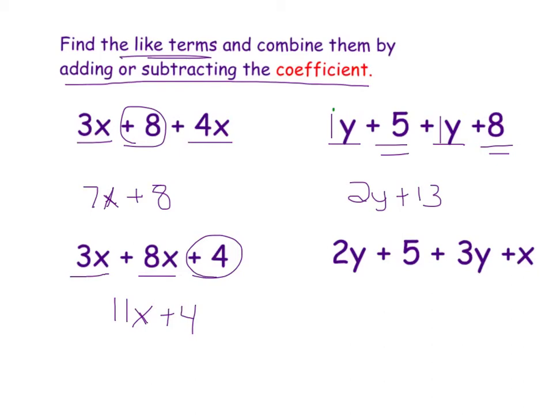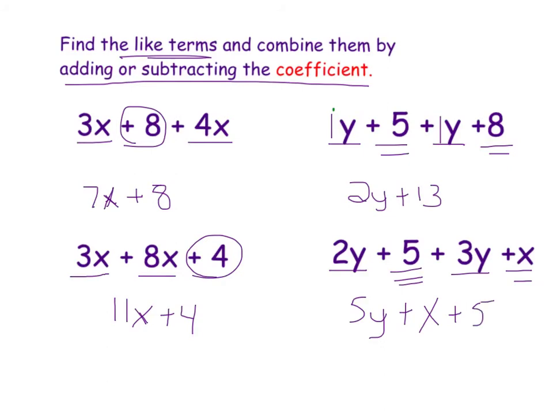In the last example, I'm going to see if I can find any like terms. I see a 2y and a 3y. 2y plus 3y is 5y. I have an x. The x is not a like term with anything else, so it's just plus x. And my last plus 5. So the x and the 5 are part of the expression, but they didn't have anything that they could be